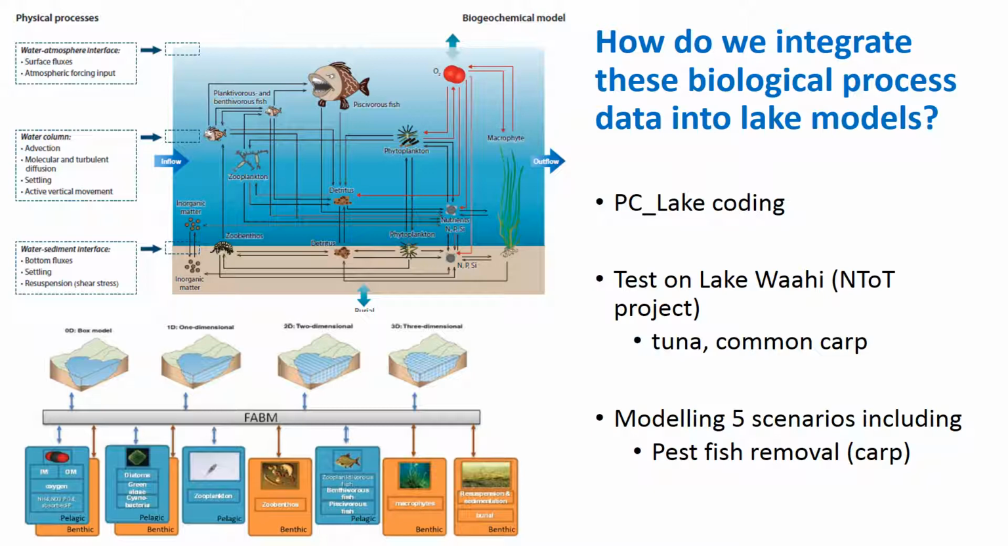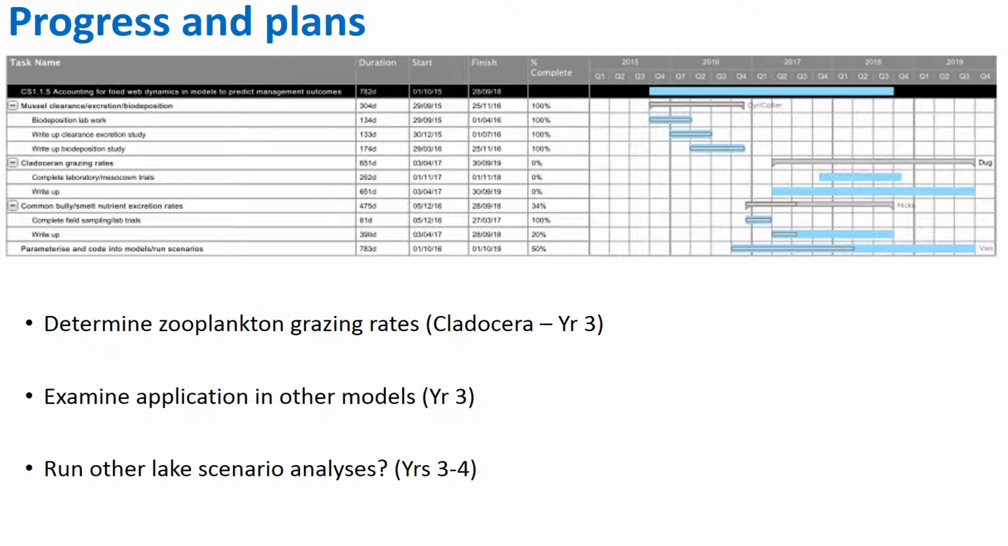He's been working on Lake Waihi as part of a different project, and has been using the eel and common carp, or koi carp, nutrient excretion data from this study to model a bunch of different scenarios, including pest fish removal, and also a bunch of land management scenarios to see what is potentially working, and that work is currently still in progress. So just to summarise progress to date,